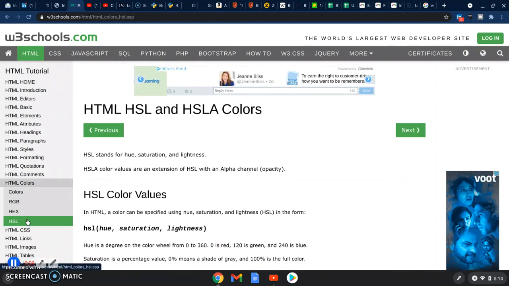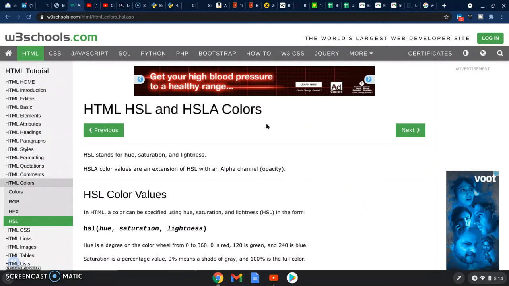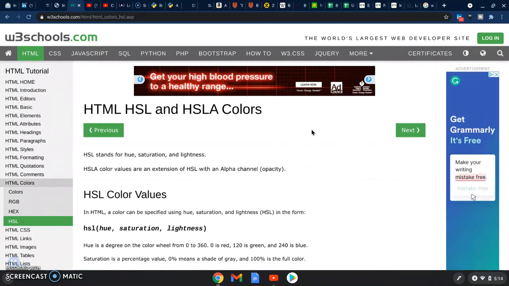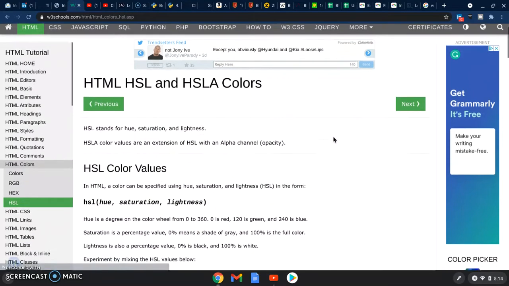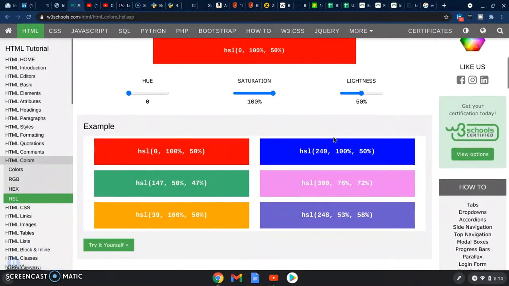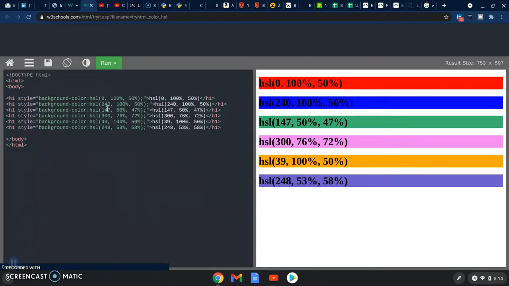We're in the HSL subchapter of the colors chapter, and we're going to try and wrap this up by going through the try it yourself exercises. The previous video covered what the codes actually mean, and so what we're going to do in the try it yourself exercises is try to recreate more or less what we did in the try it yourself for the RGB and hex subchapters. So if we look at this first one,